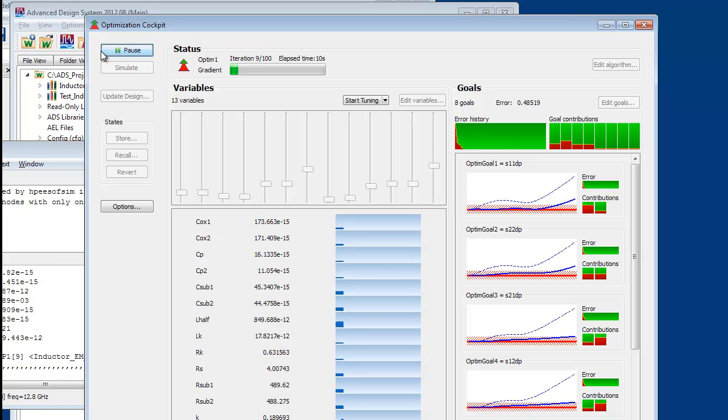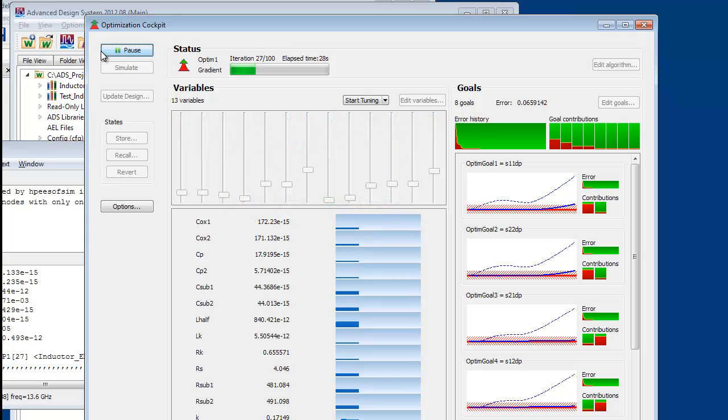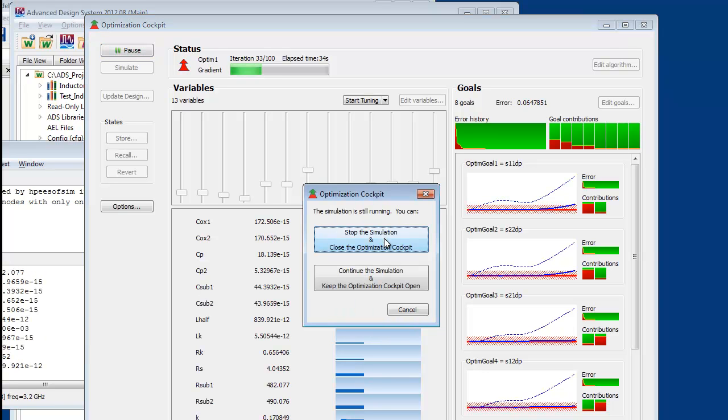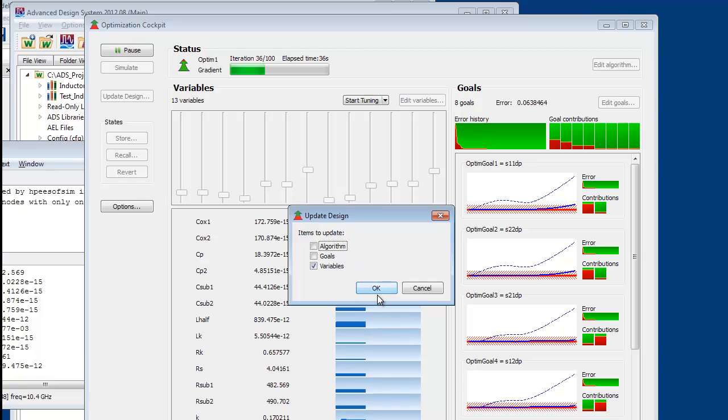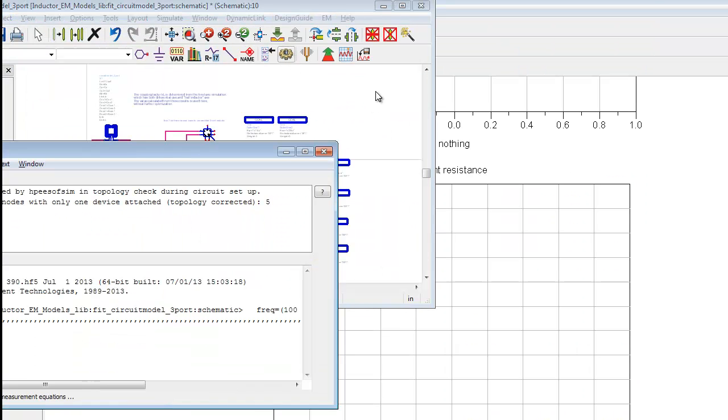And in my work on inductor EM simulation, I found a lot of users who are not so happy with black box models like S parameters or broadband SPICE models, and really want to see a physical model that has series inductance and shunt capacitance and this kind of elements. And so this is what happens at this moment, and it's giving a very nice fit already. Just need to re-simulate this,